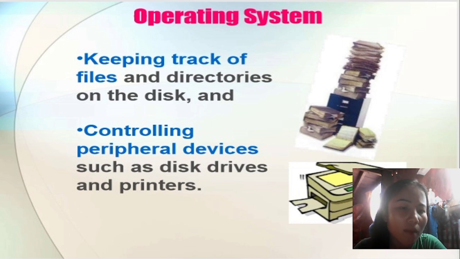Then image 2 means the OS's ability to control peripheral devices or external devices connected to the computer, such as printers, keyboards, mice, and scanners. It makes it possible to use these devices. It's like a manager instructing employees, or the devices, on what to do. So, this is the operating system.